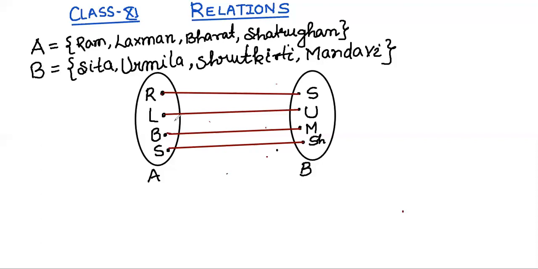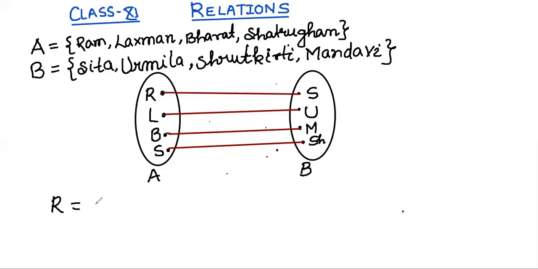Here you can see I have drawn an arrow diagram also. Arrow diagram we have discussed in Cartesian product of two sets. So based on that I have drawn here. So relationship we have to create in between these two sets. The condition I have told, that whenever we take relation, there will be two sets. So here we have taken two sets, and the second condition is that there will be a particular condition in between these two sets. According to the condition, according to the property, we can create relationship.